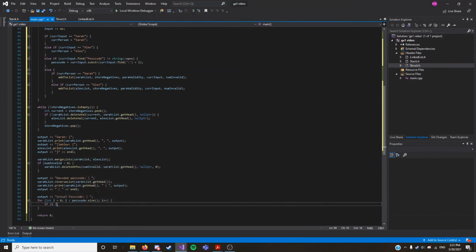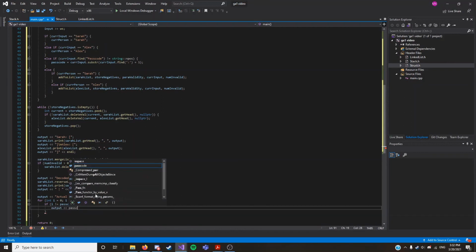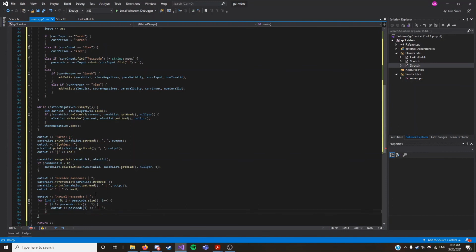And then if we're not at the last digit, then we have to output the passcode at i, and also add our little line with a space before and a space after. Passcode at i, and then space before, space after, and then else, if it is at the last character of the passcode,